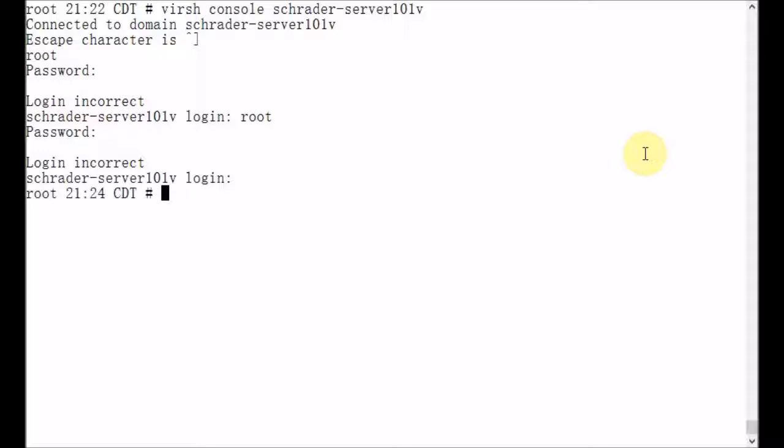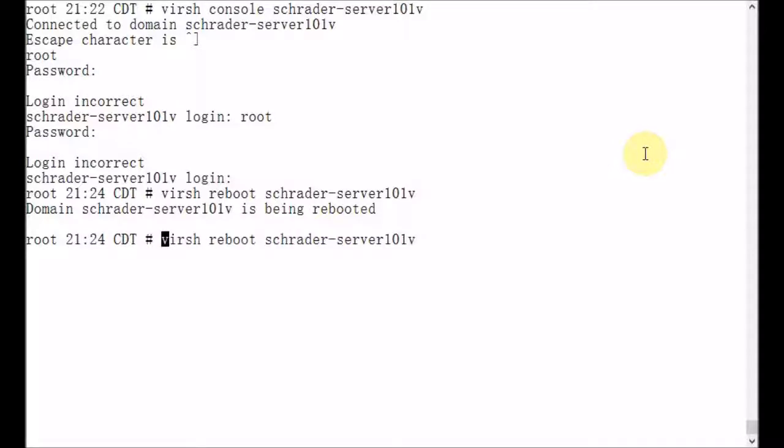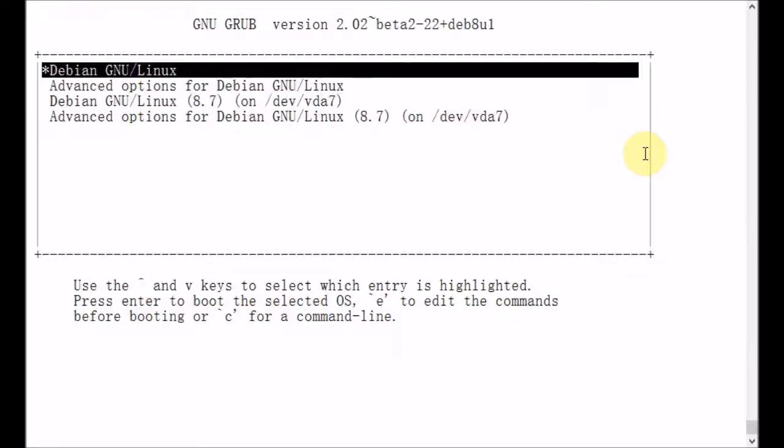So what we're going to do is I'm going to reboot the server, and now we're at the grub bootloader. Now grub is a pre-boot execution environment. This is the program that loads the Linux kernel into memory,